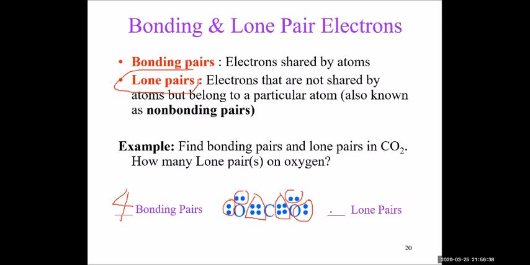And the lone pairs are the electrons in the circles. Those are not being shared. So we have 4 lone pairs. So keep in mind,